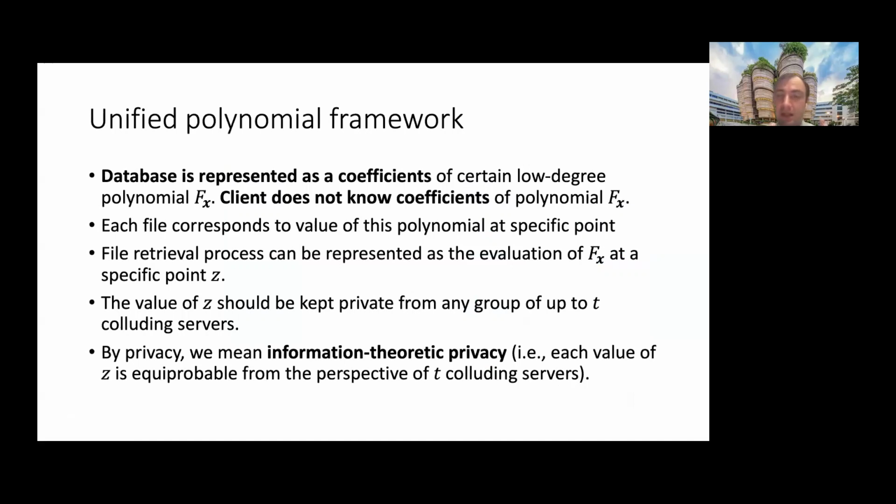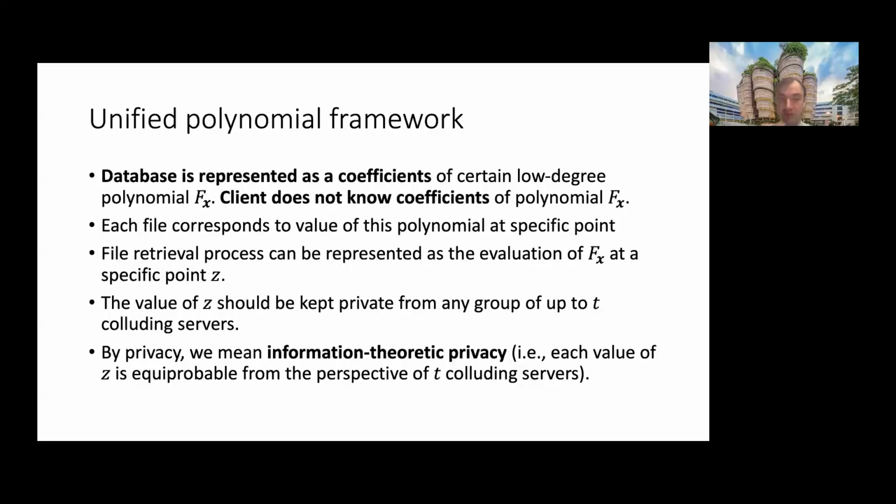Also, as I told, there are a lot of private information retrieval protocols, and what we have done is introduce a unified polynomial framework for private information retrieval, so as to have something which can cover different private information retrieval schemes under the same umbrella. In this case, the database is represented as the coefficients of a certain low degree polynomial f(x),